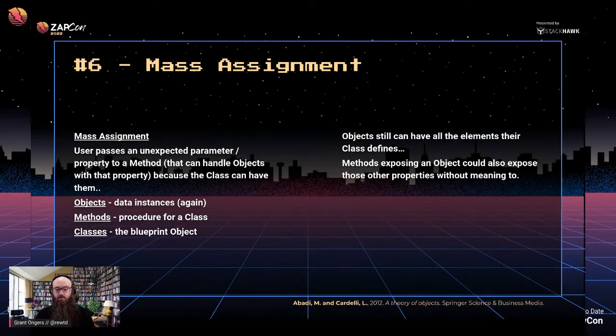But how does it go wrong? Well, objects are built from the class that they inherit from, right? The blueprint or proto object that they inherit from. And objects can have all the elements of that class despite the method that's being called if it's been set up wrong. So as an example,